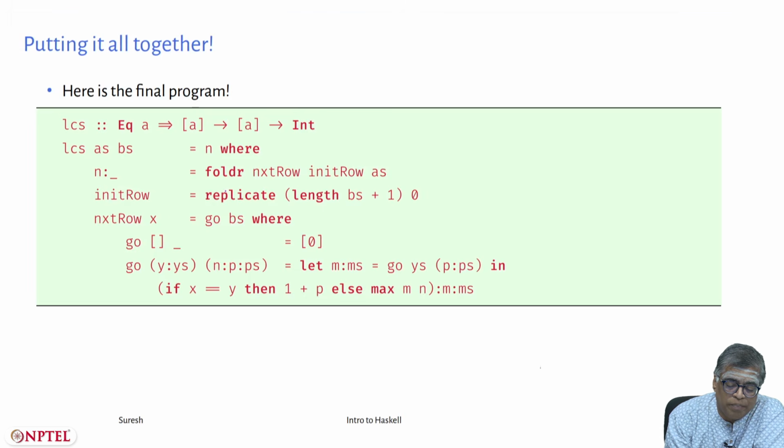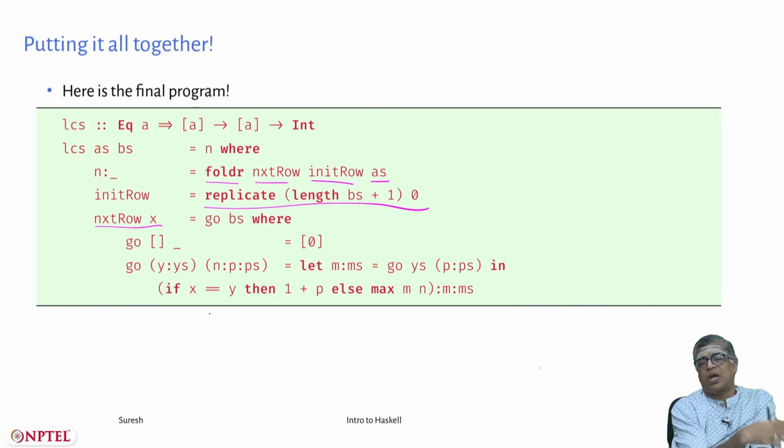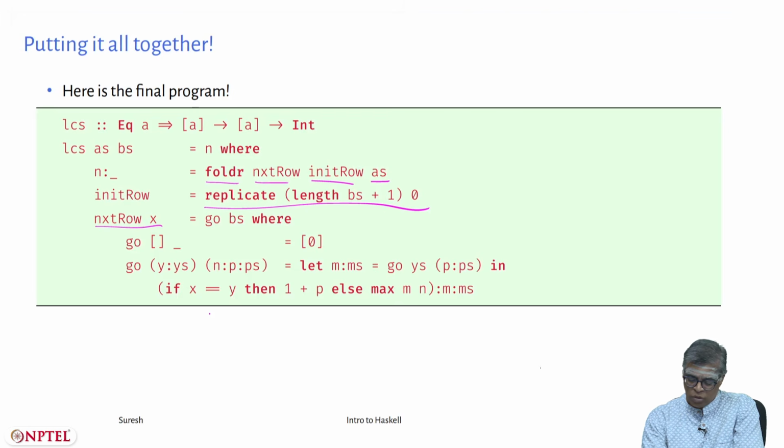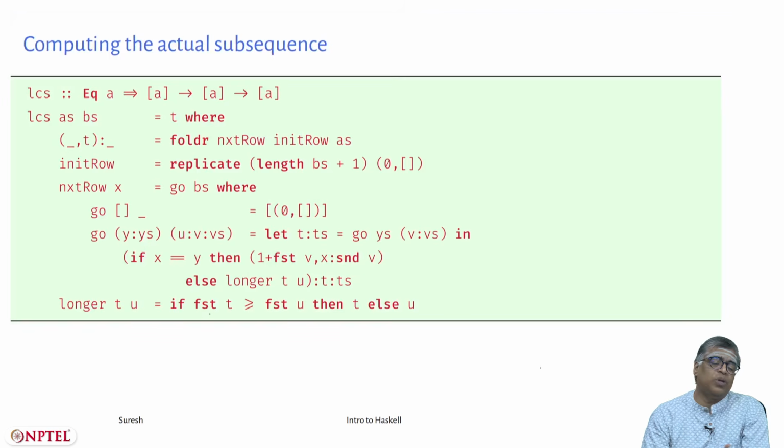So, n followed by something is foldr of next row of init row, and init row is this, next row function on x equals go of b. So it is the same earlier program where I have optimized a little to just make it more compact, and I can also compute the actual subsequence